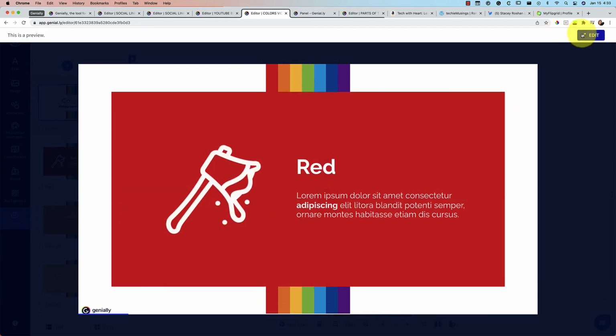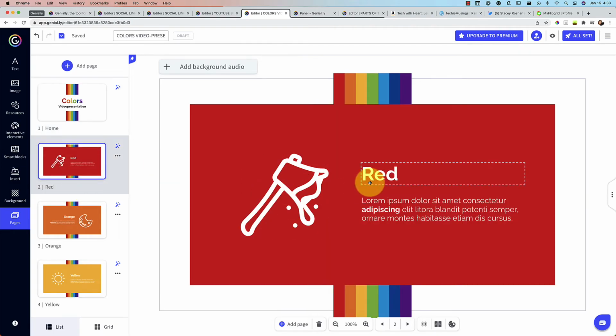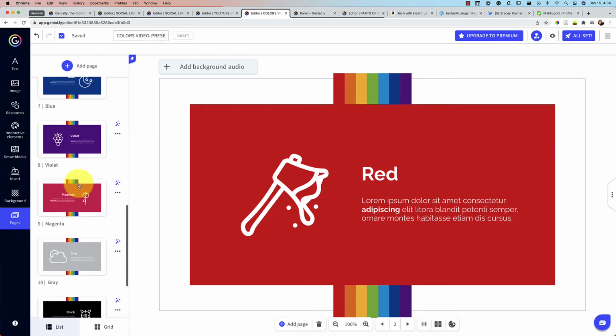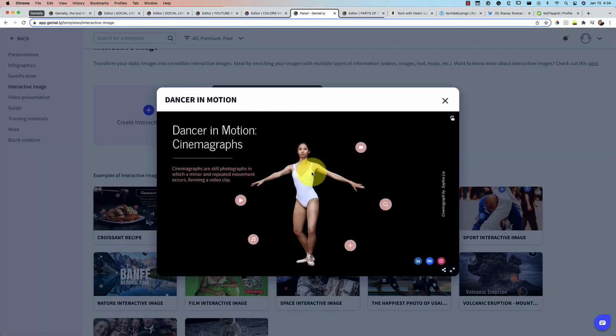So it's beautifully done there. You could then take each of the slides and edit them. The animation's already there. You can add in some more animations of your own as you want. If you want to add an extra page, I would just recommend that you duplicate. So you add more pages, you can delete a page in between, and have some fun creating a video from these slides.